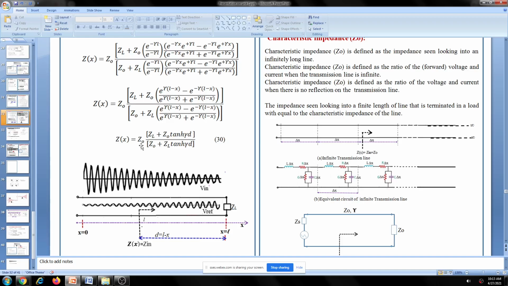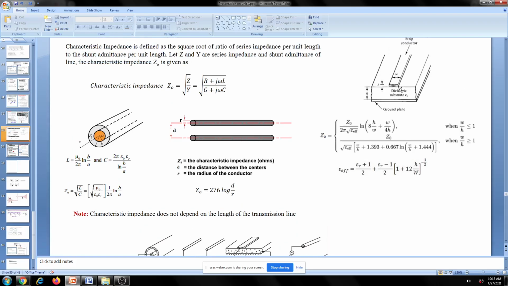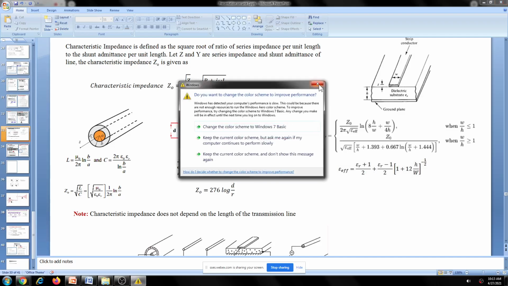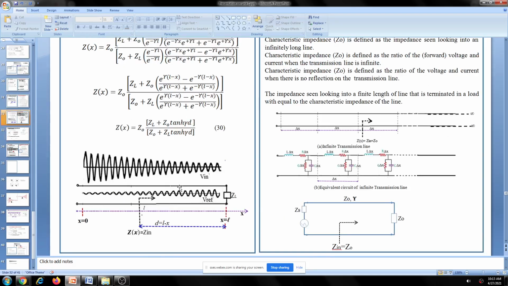It is unique for every transmission line. You take a transmission line. There are different types of transmission lines, as we discussed. See, like this, it may be a coaxial line like this, it may be a two-wire line, or it may be a microstrip line like this. This is a microstrip line. Okay, so that characteristic impedance is unique for that particular transmission line. And again, based on the physical dimensions of this, the value will be calculated. Okay, so for every transmission line, you take any transmission line.